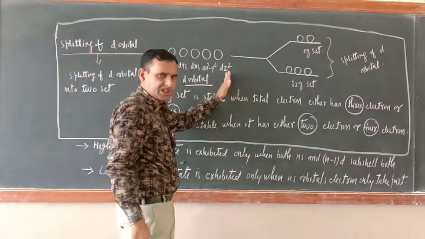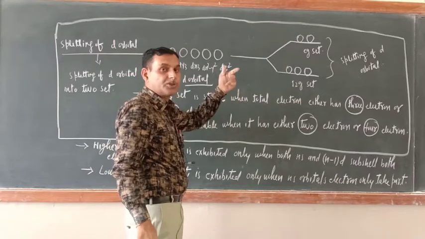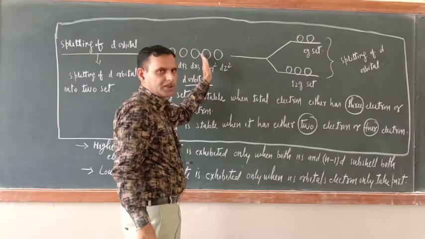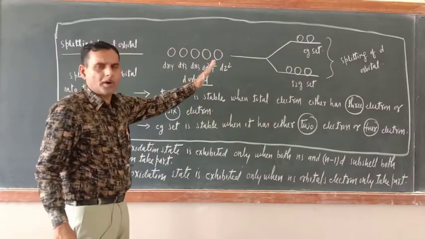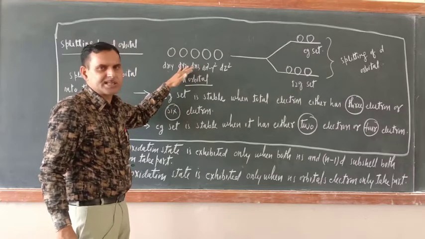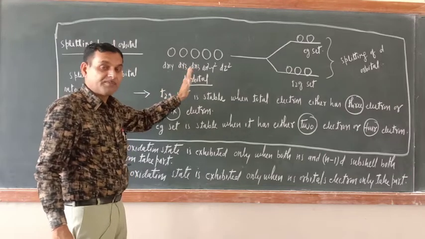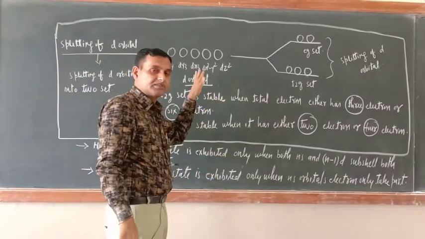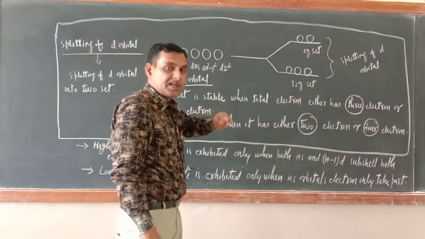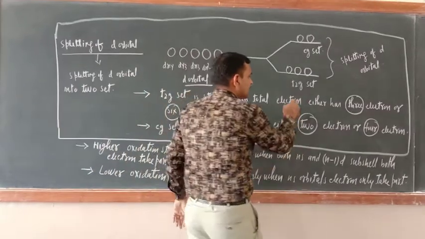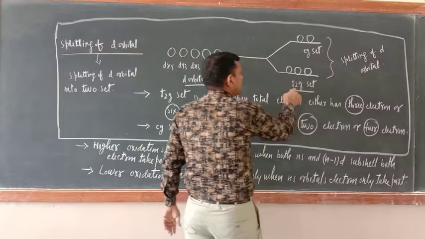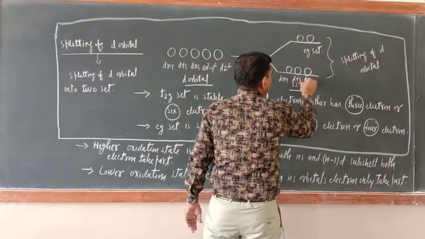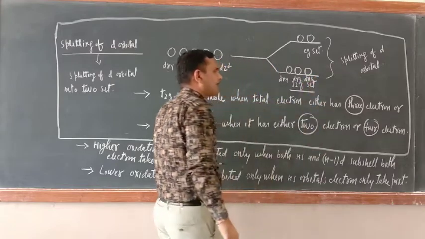Now in certain conditions, which I will teach you in the next unit, coordination chemistry: when a ligand approaches, before approaching of the ligand their energy is equal, all 5 of them. But when the ligand approaches, there is a difference in the energy of these 5 d orbitals, and they split into 2 sets. What are these 2 sets? The T2G set, in which dxy, dyz, dxz, these 3 orbitals are there.